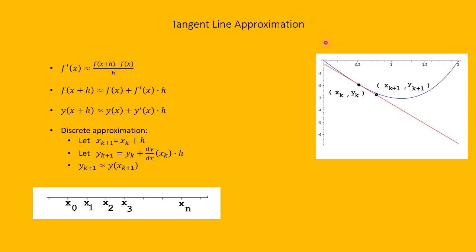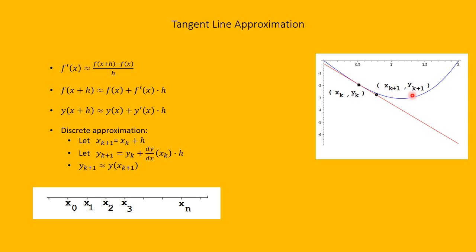In a graph, the situation looks as follows. Suppose that here is the function f of x, or y of x, whichever we want to call it. And on this curve, we have a point, x sub k, y sub k. If we find the tangent line to this curve at this point, here it is, and if we move over a distance h horizontally, we get another point on this tangent line, and this has coordinates x sub k plus